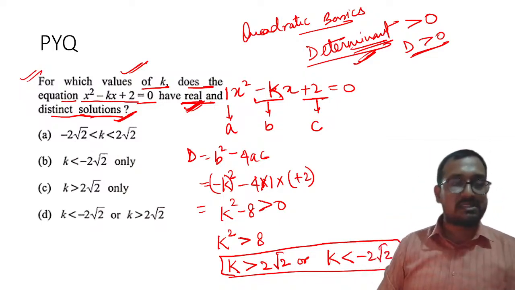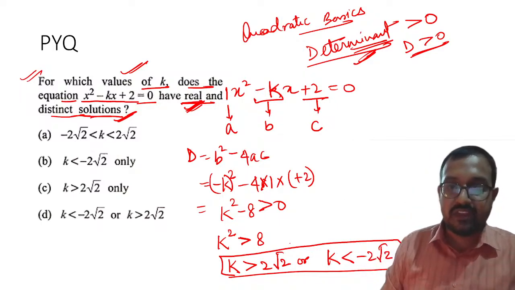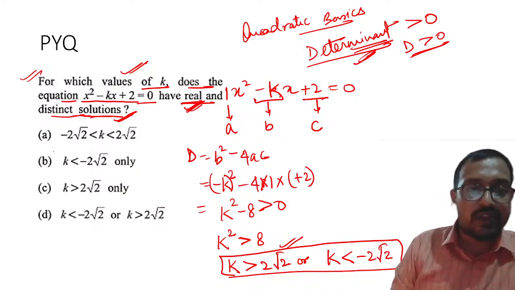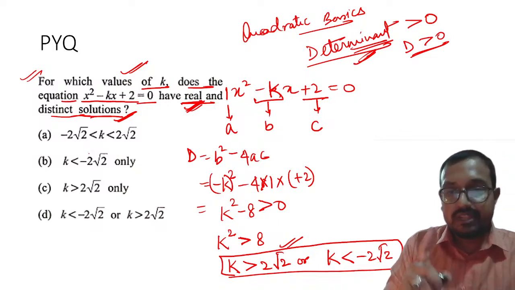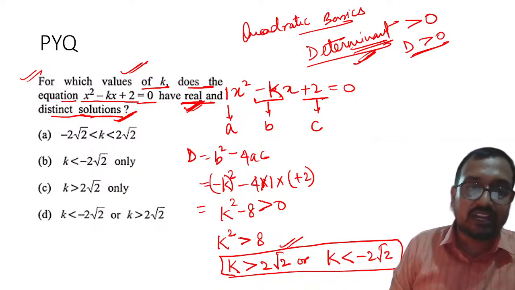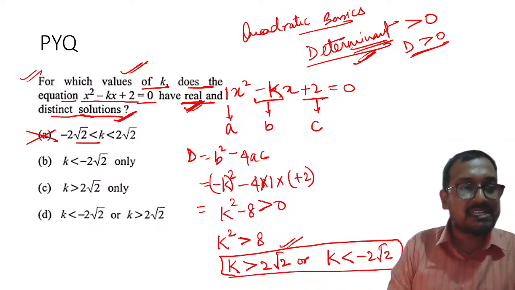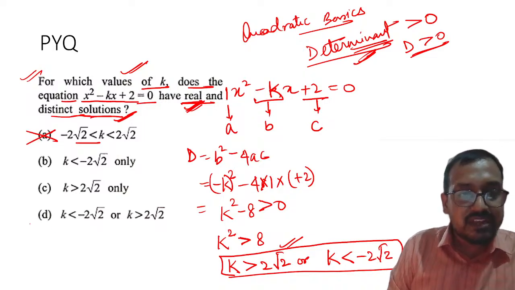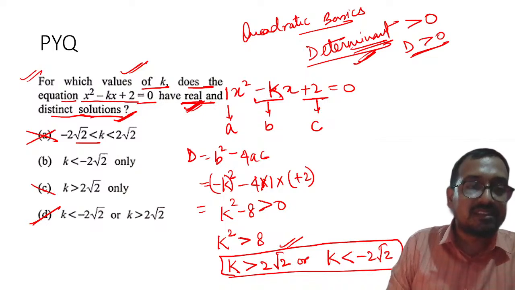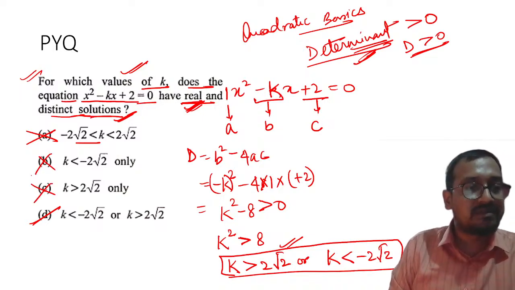Wait, I will go a little bit to the side so that you all can see the screen. K must be less than. Now try to find out which one is the correct equation. Please remember, k is less than or k is greater than. So obviously this is not correct. A is not correct, right? Which is correct? Please remember, D is correct. This is also wrong. This is also wrong.